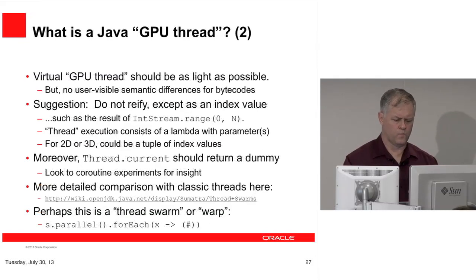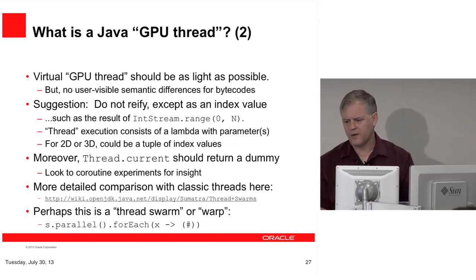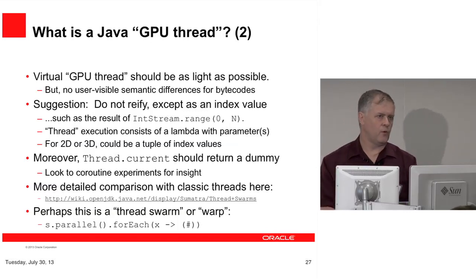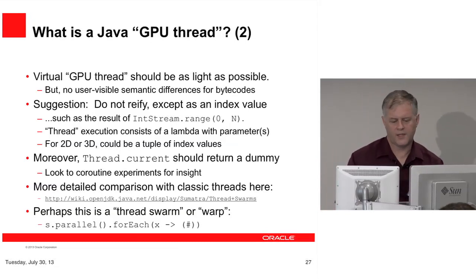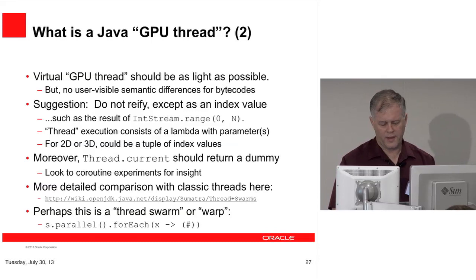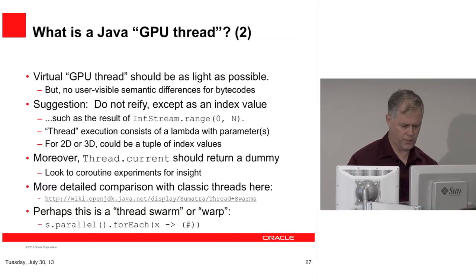All right. In any case, I think there is a natural question. If I'm running GPU code, what does Thread.current mean? And I think we have to answer that squarely. And part of the intellectual exercise of doing this is to say, well, what would a GPU thread be if we were able to forget that there was a Java thread present? And this will actually take us into reactive programming and callbacks that don't execute inside threads also.